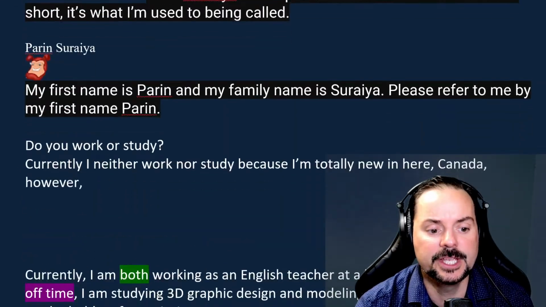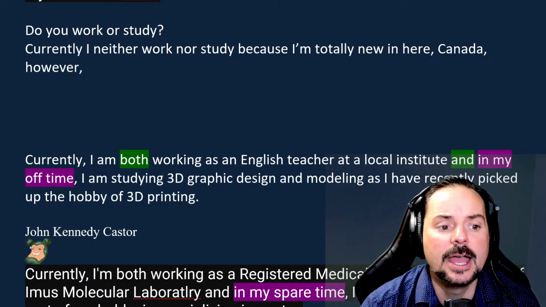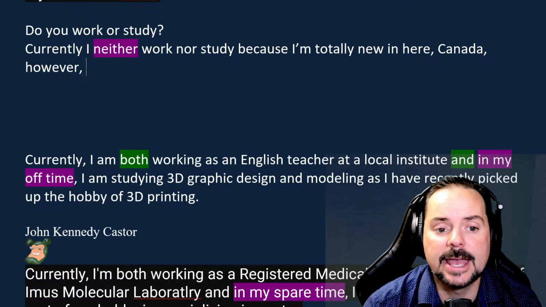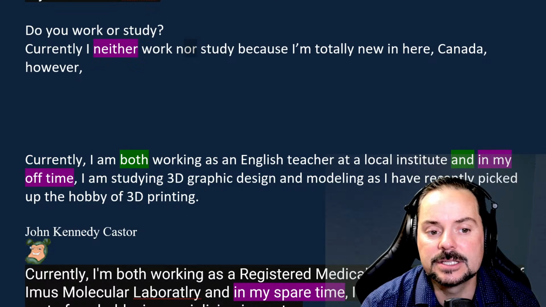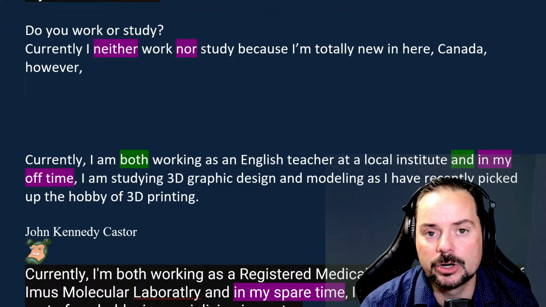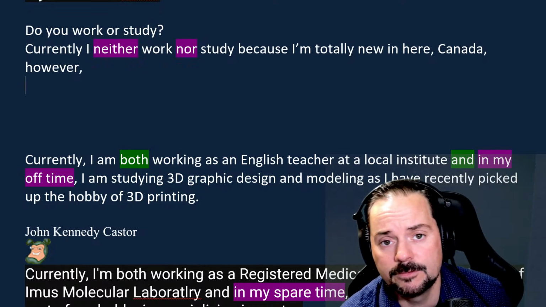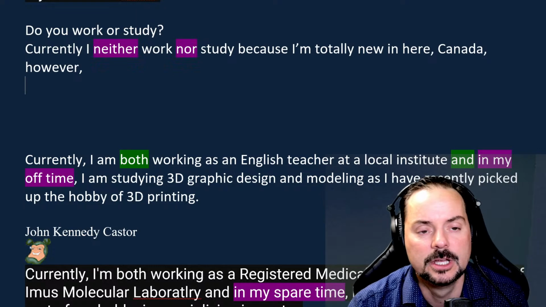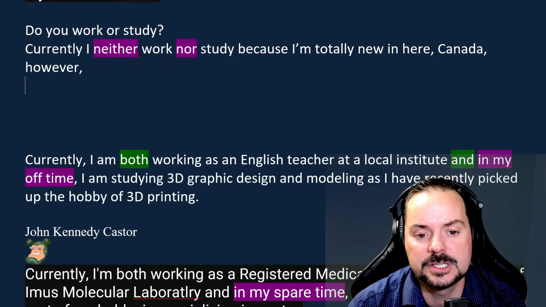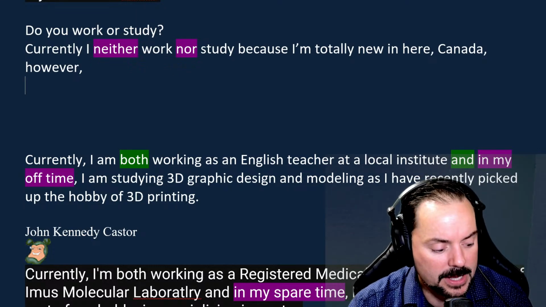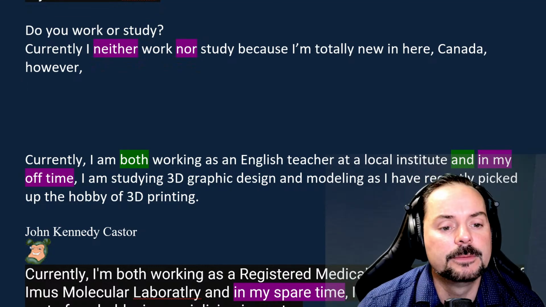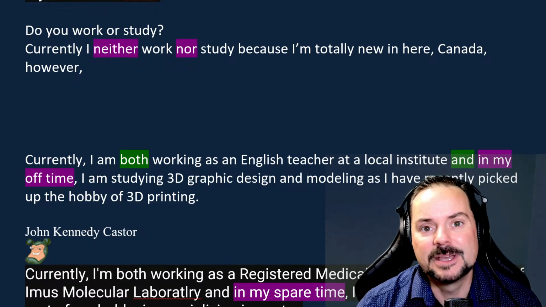So here I asked, do you work or study? And you said, currently I neither work nor study. That was an awesome use of a correlative conjunction. And it's those kinds of inclusions that I'm sure you used. Did you focus on using correlative conjunctions in your actual exam? Like, did you pay attention? I should use a neither nor or not only but also here in this case. Did you do that? Yes, I did. Okay, that was really clever. I'm sure that your examiner was like, oh, check mark, because that just makes for great English.